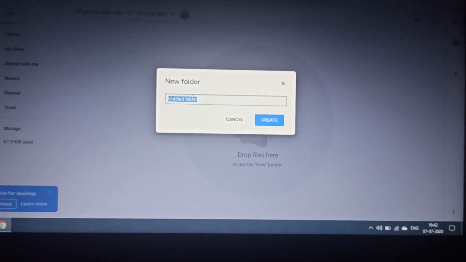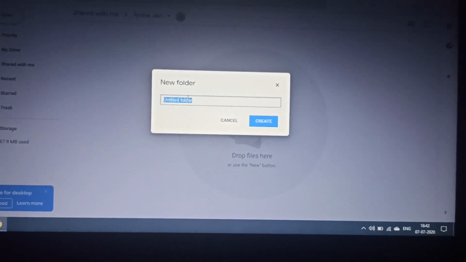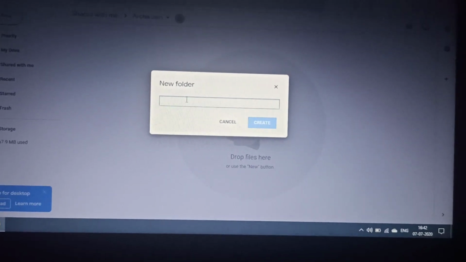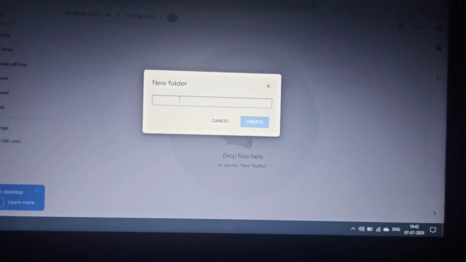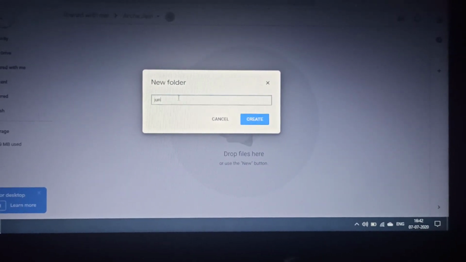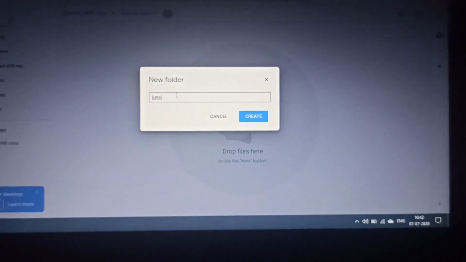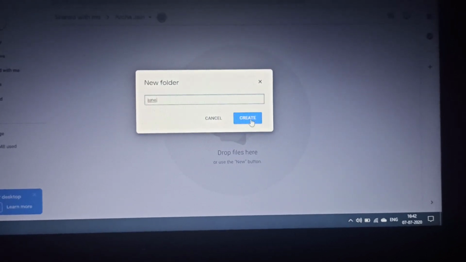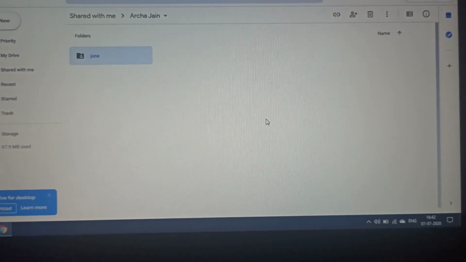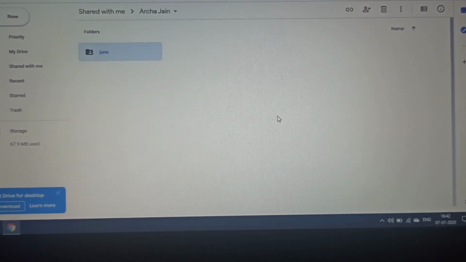You have to press backspace and you can type your folder's name. Like if I have to put June work, so I'll put June and then I'll click on create.